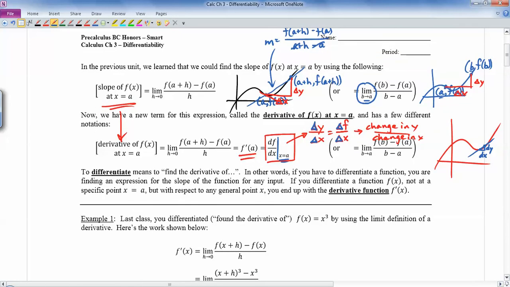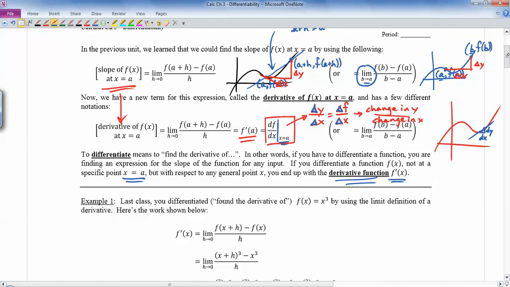In general now, we've been doing a lot of stuff where we say at x equals a, but now we're just going to leave it as x instead of x equals a. And you can come up with something called the derivative function. You also just call it the derivative of f. Okay, so in the last class,